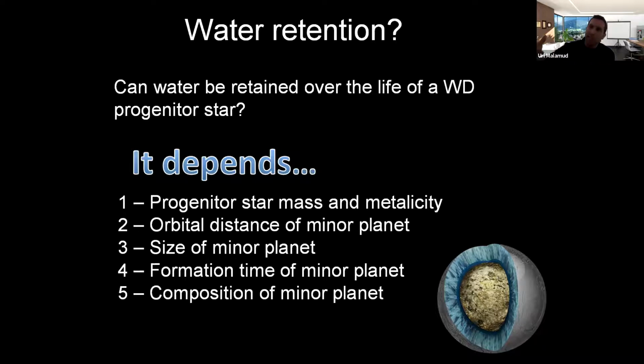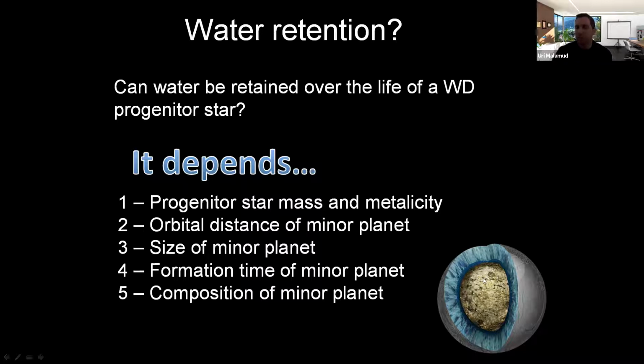Of course, it also depends on the minor planet. If you put the minor planets very far from the star, then less water is sublimated, compared to if you put it close to the star. Of course, it depends on the size of the minor planets, if it's large or if it's small. It depends on the sort of structure that the minor planet has. So it could be like a comet, where the ice and the rock are all mixed together, but it could also be something like this, where you have a differentiated structure, a rocky core underlying an icy crust, then it's easier to get rid of the water.